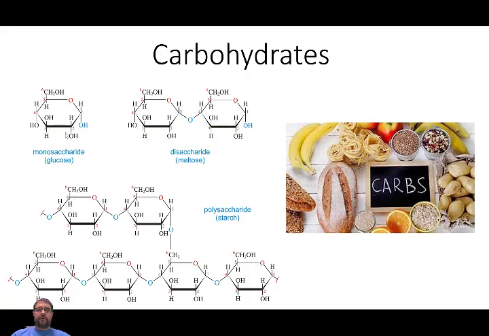Okay? So here you can see what we call a monosaccharide, or simple carbohydrate, simple sugar, in the form